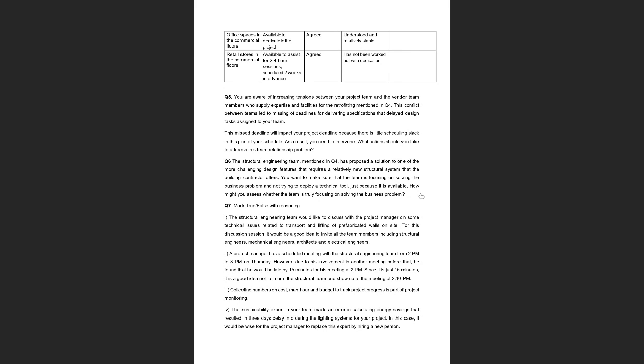What if the project manager doesn't have any background in technical skills? Ellen says, ask the team for different options and pros and cons. Yes, Ellen, absolutely. So first of all, of course, the project manager will look into what kind of challenge the structural engineering team is facing, and how this technical tool is going to help them, or how this technical tool is going to change the scope